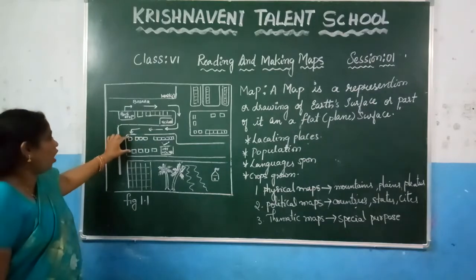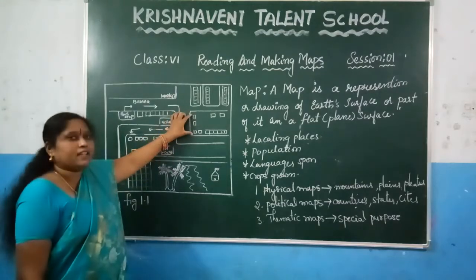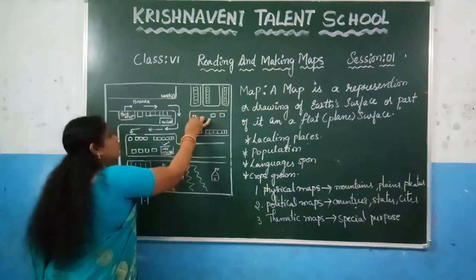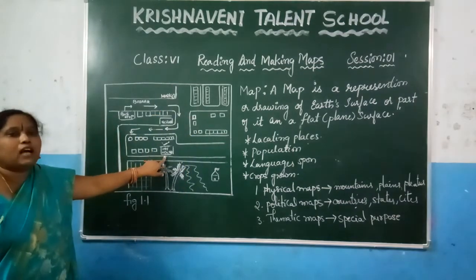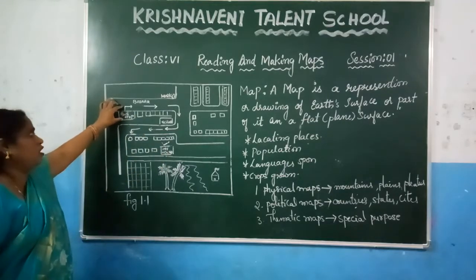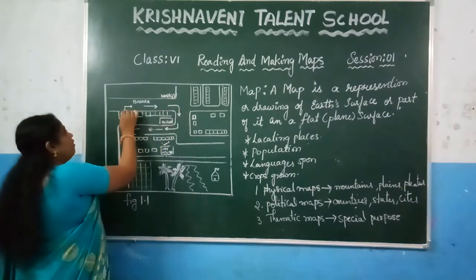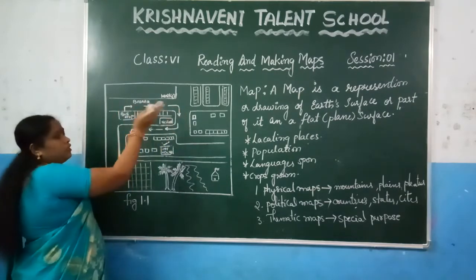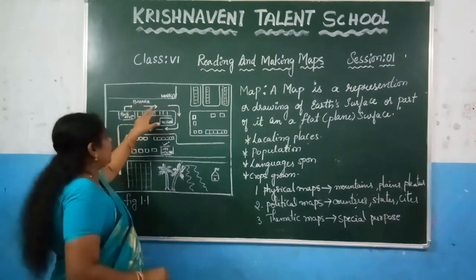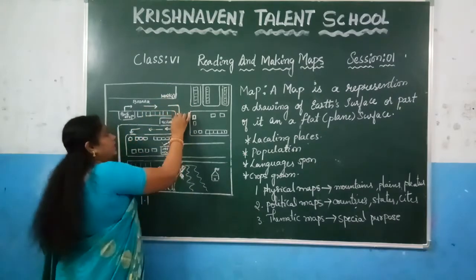We find the houses. Here we can find the fields. Here we can find the houses, and with these box symbols they are showing the houses. This is Malika's house. This is the destination where Laila has to come from the bus stop. See here, Malika has given some hints, children. From the bus stop she has to turn to her right. Then after walking through the bazaar, when she comes to the market, again she has to take a right turn.